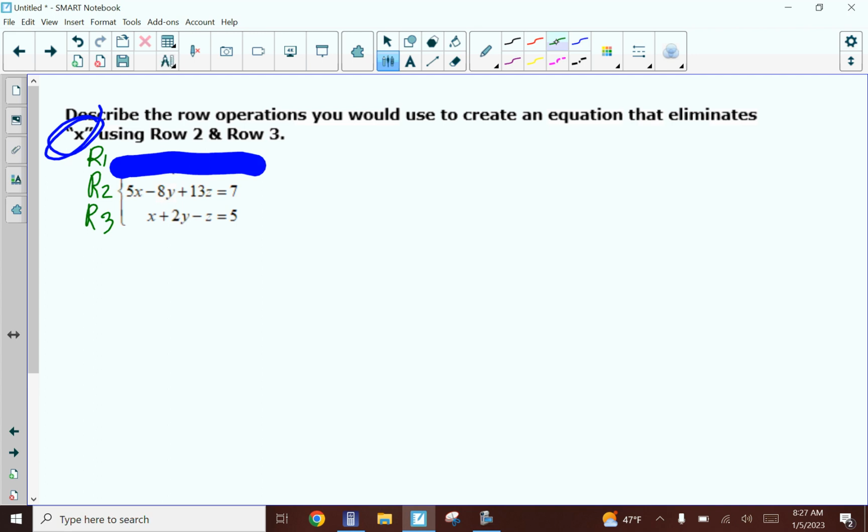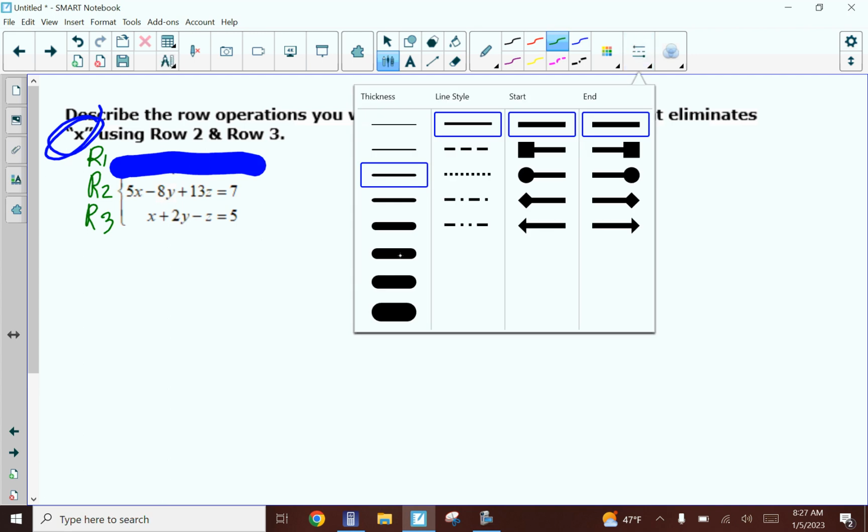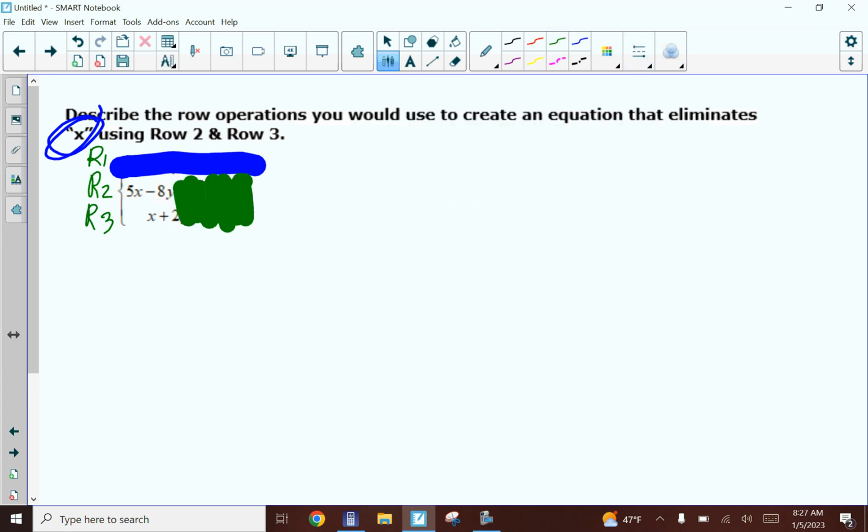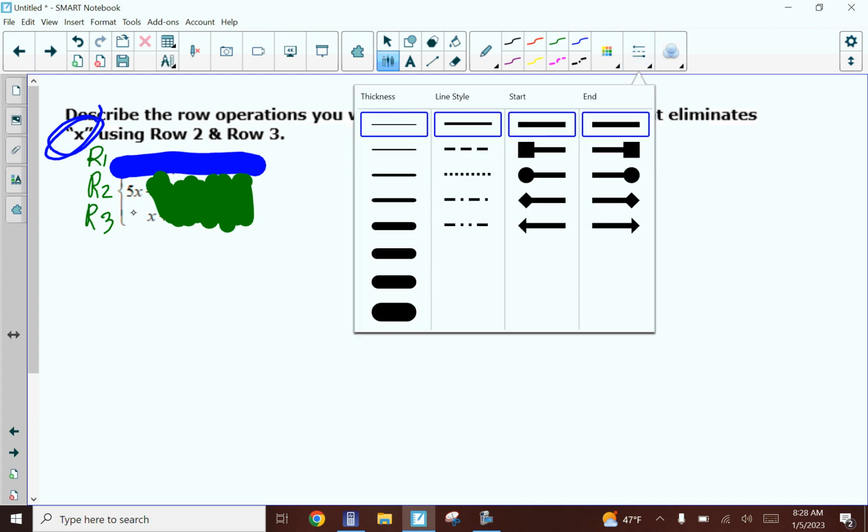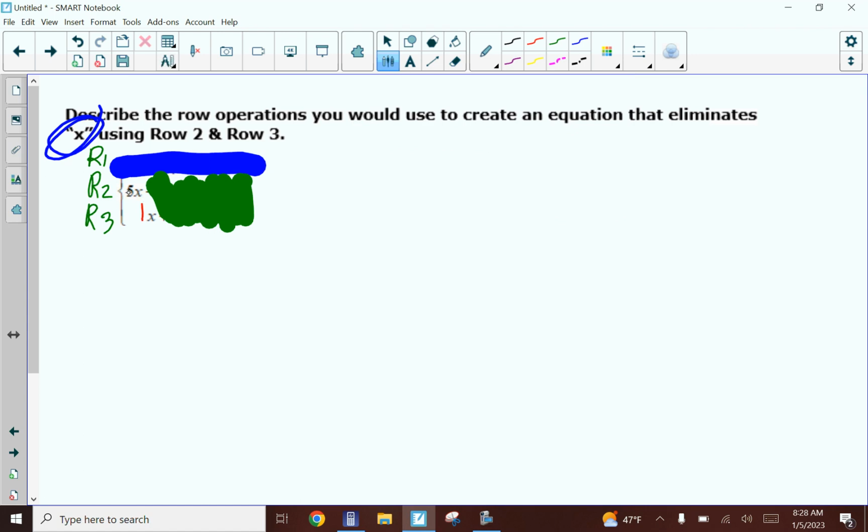So if we only care about the x, what we're going to do is cross out the entire rest of the problem except for that x. Okay, now using multiplication, we have to multiply these two things in order to get them to cancel. In order to cancel, they have to have the same number but opposite signs. So as you look at this problem, this is already a 1. So to get it to be a -5, because that's what I need it to be, I would have to multiply this by -5. So on the test, it's going to say multiply